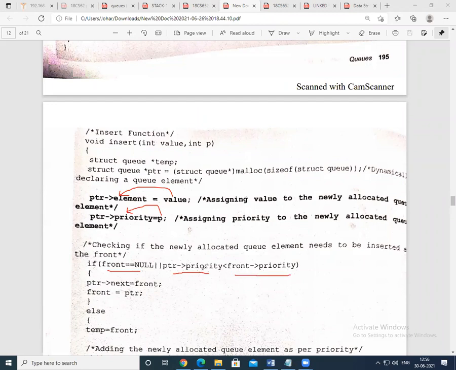If so, what action is to be taken? You assign front of next equals to front and update the ptr. That is, simply you assign the first inserted element as the first priority. Else, you will swap. That is, you will copy front to the temp.